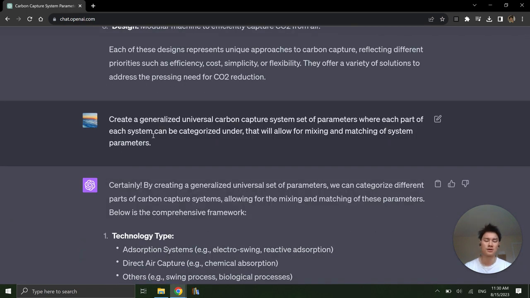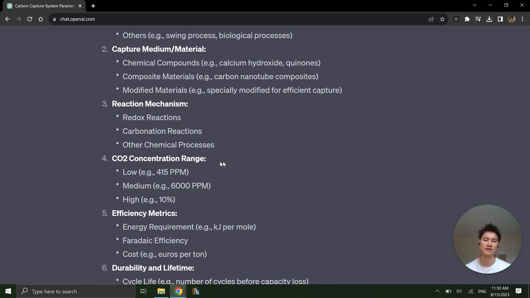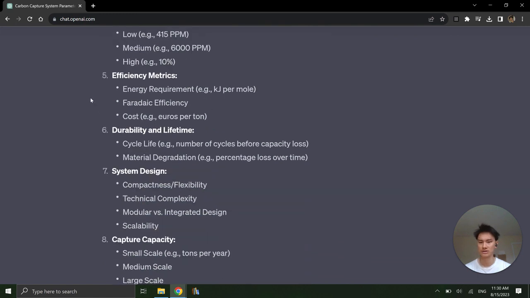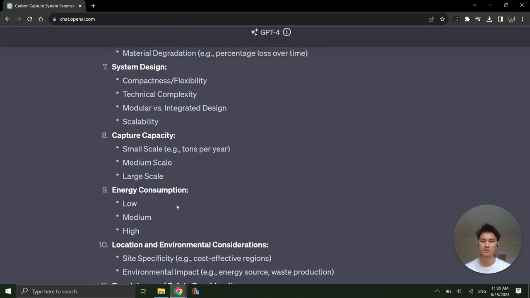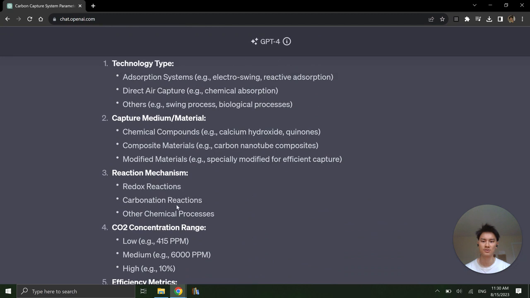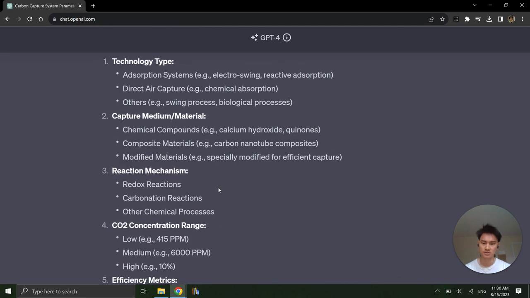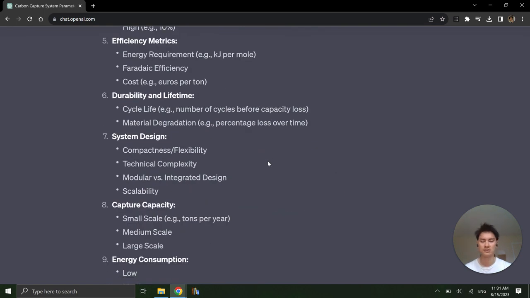But the next step was trying to create a generalized universal carbon capture system from the set of parameters, because you saw the parameters were different. And so I decided to create one for technology type, capture medium, reaction mechanisms, concentration range, and it has all these system metrics that I don't think was what I intended, but we really care most about the parameters. So like what's the CO2 concentration range, what's the reaction mechanism, what's the material, and what is the technology. And the idea is that you would want to be able to mix and match between them